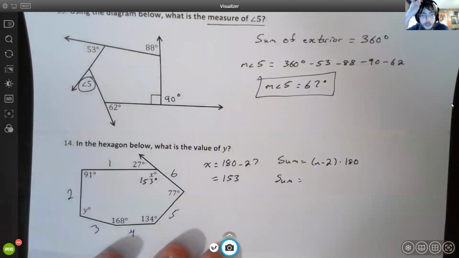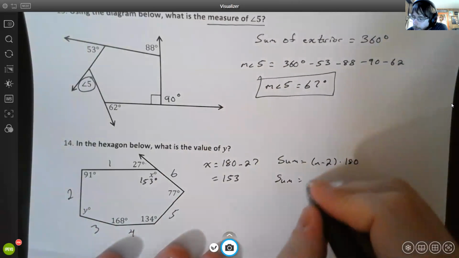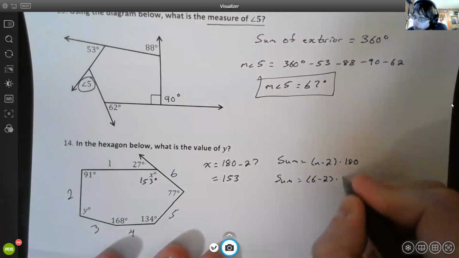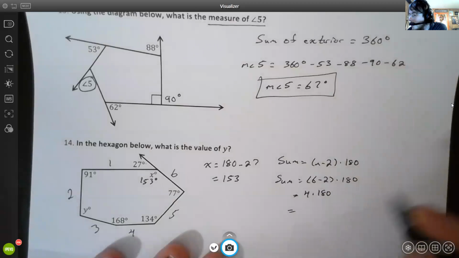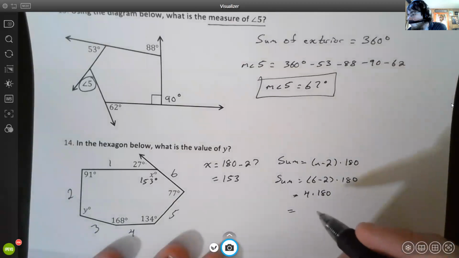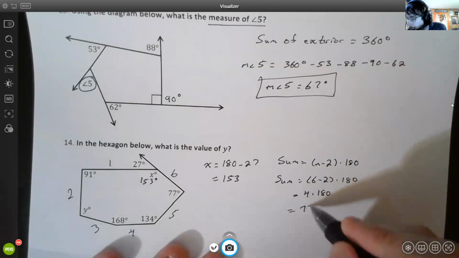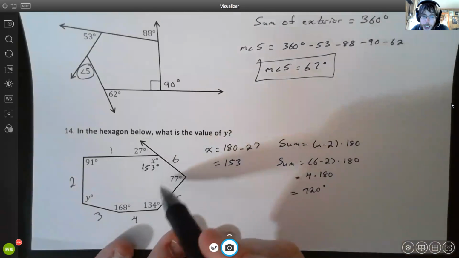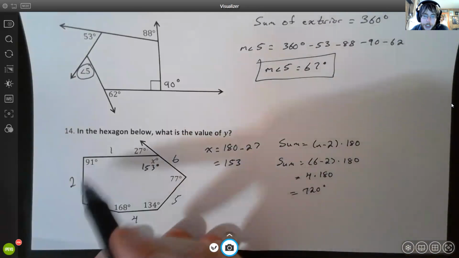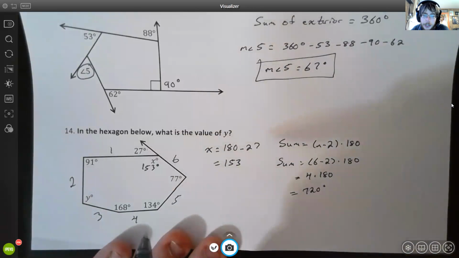It's not lying to us. So the number of sides is 6. So we plug that in. We get 4 times 180, which is 720. So we know that all of those angles in the interior need to add up to 720